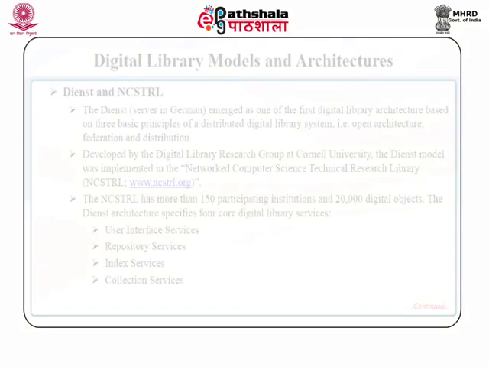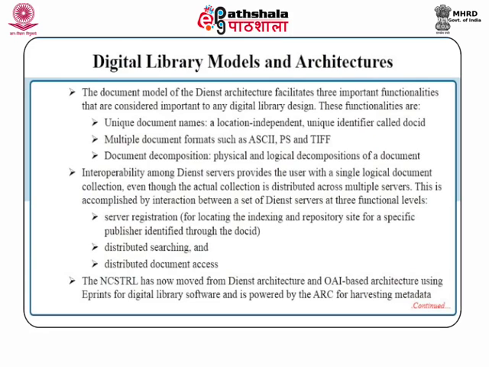service. The document model of DIENST architecture facilitates 3 important functionalities that are considered important to any digital library design. These functionalities are unique document name, multiple document formats and document decomposition, that is physical and logical decomposition of a document. Interoperability among DIENST servers provides the user with a single logical document collection, even though the actual collection may be